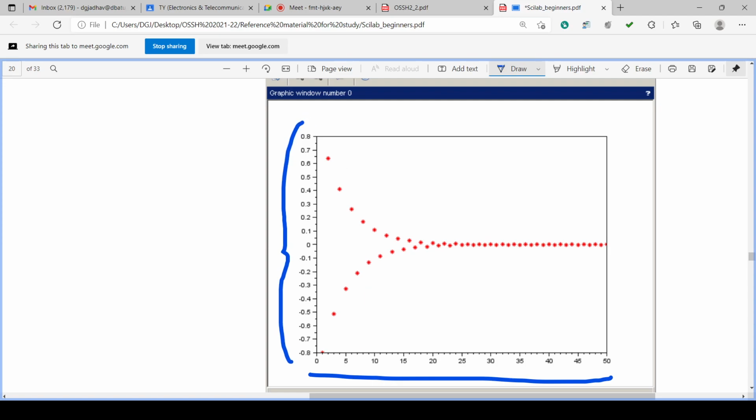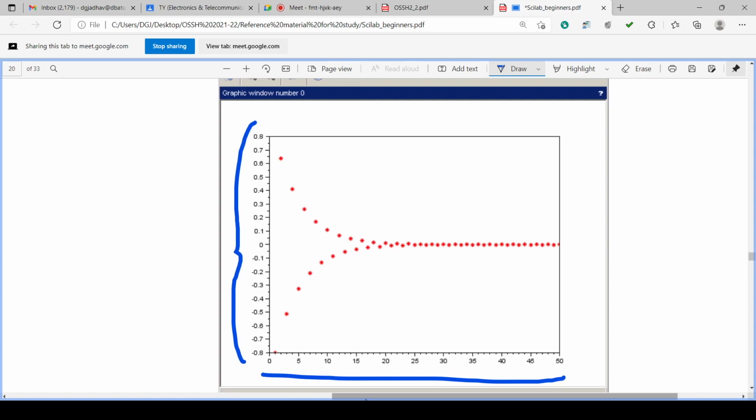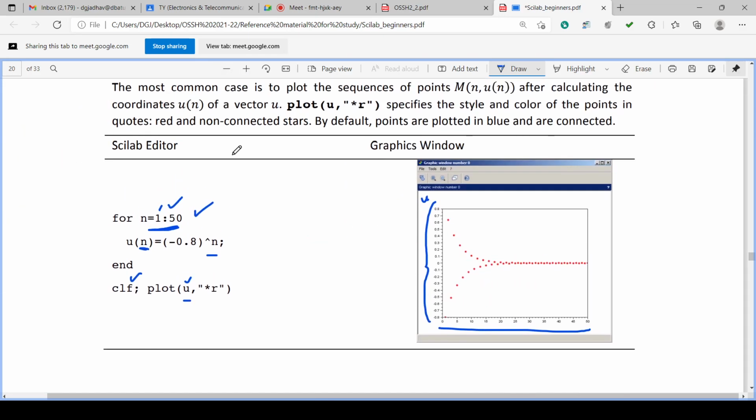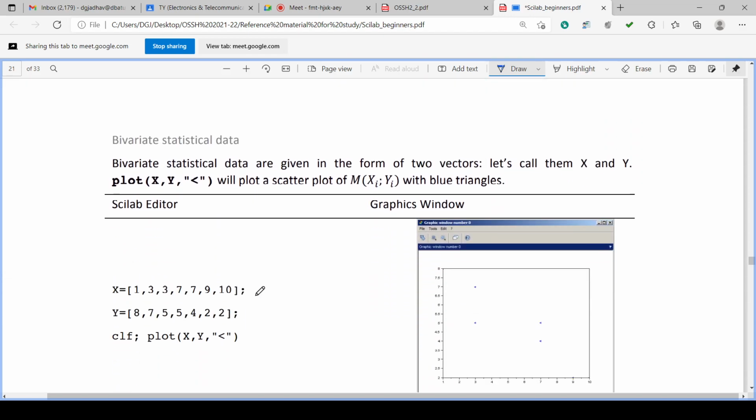You can observe this graph here. On y, u is plotted. On x, the values 1 to 50 are taken automatically, linearly, if we are not mentioning them in the plot equation.